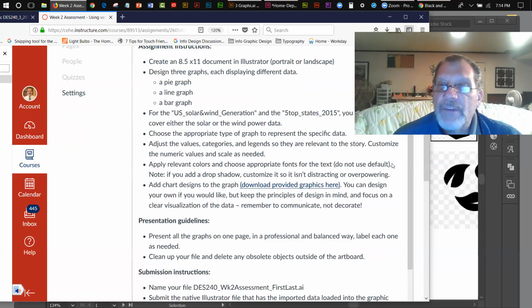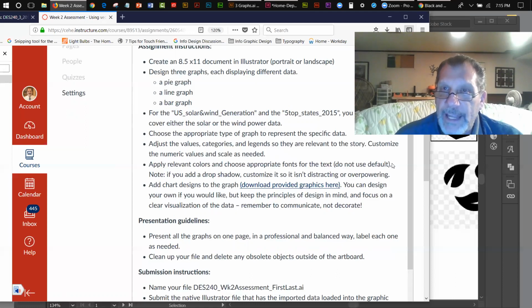Now, here's a very important thing that you need to know. Whatever fonts you have on your machine, there are going to be some of the fonts that are on your machine that I have on my machine. That's inevitable. But there are also going to be fonts on your machine that I don't have on my machine. Now, if you do not create outlines for your type, and I'm going to make sure I do that tonight to show you how to do it,